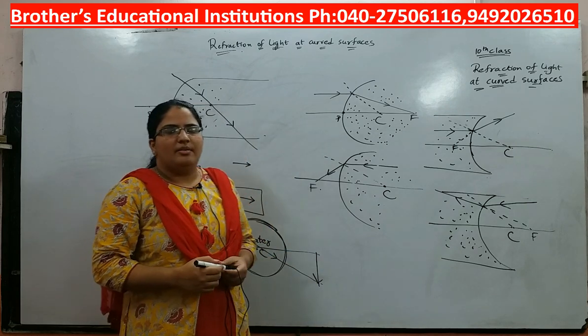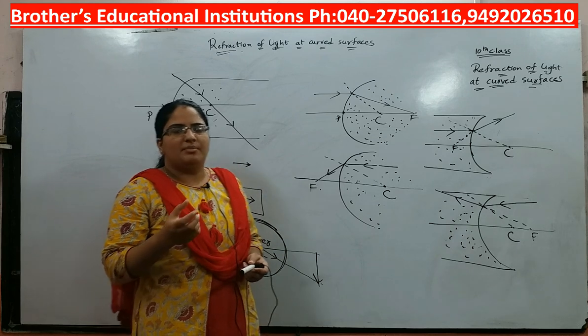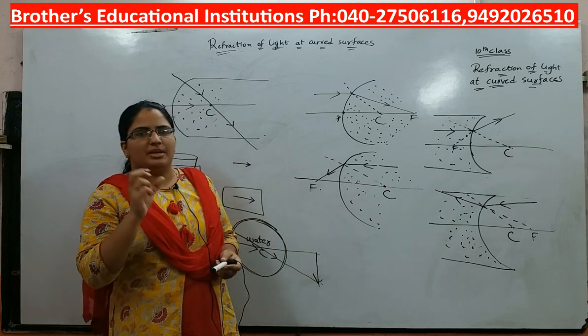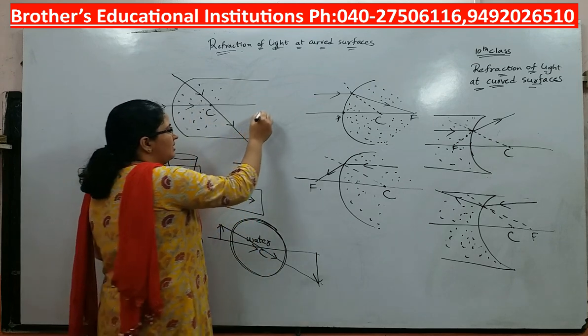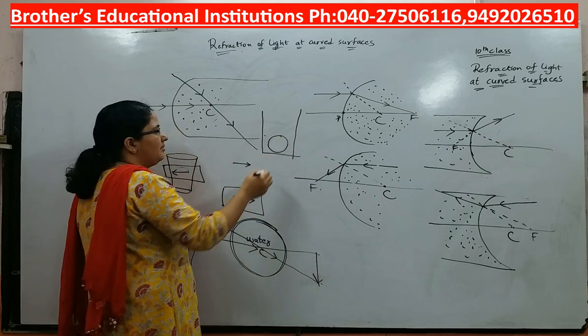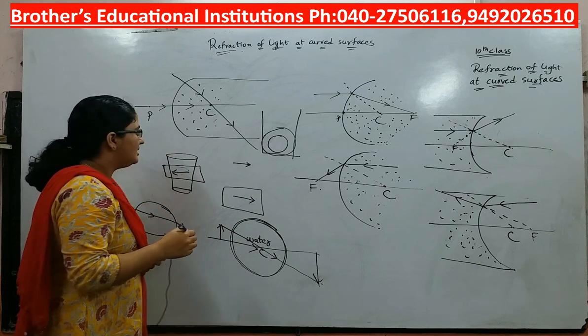Now if you see some articles when they are kept in water, for example if you keep a lemon in a glass of water, what happens? It appears to be bigger in size. For example, let us say this is the lemon, the original lemon, but it appears bigger in size. Why does it appear bigger in size?